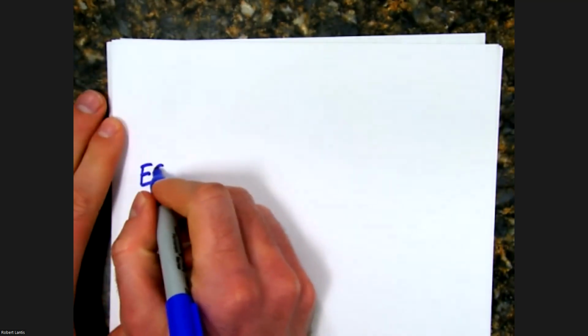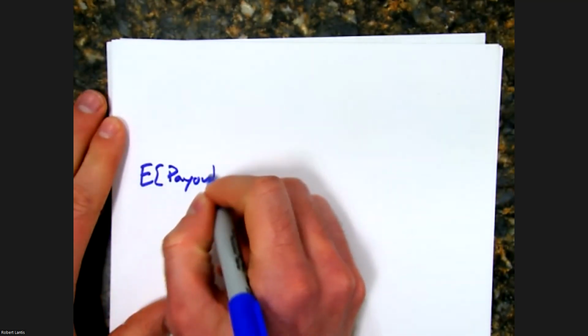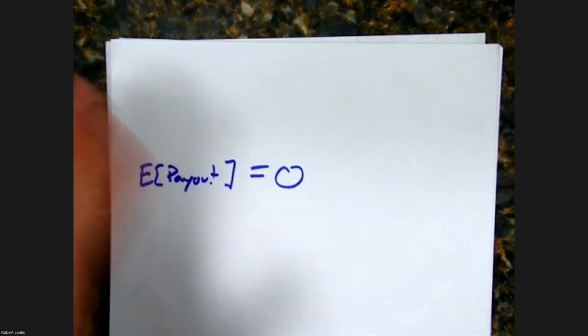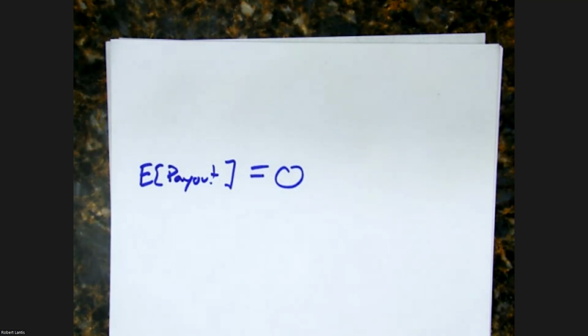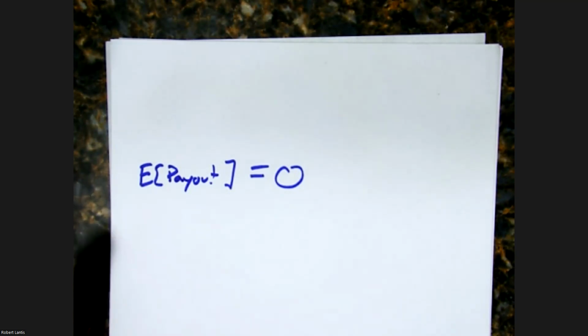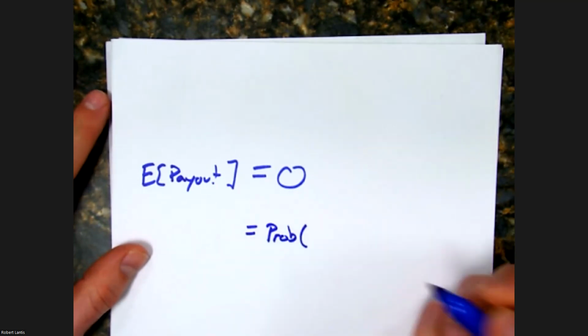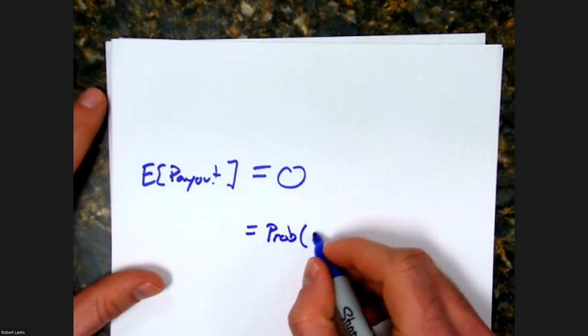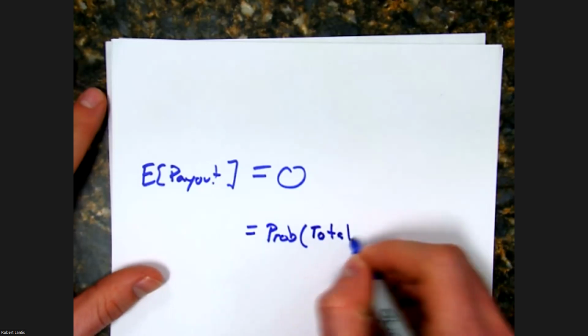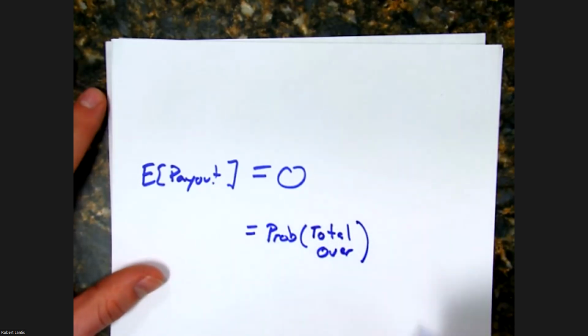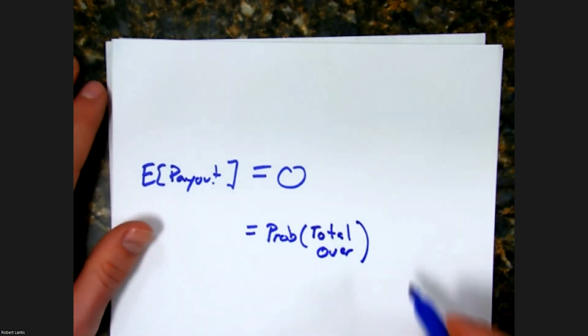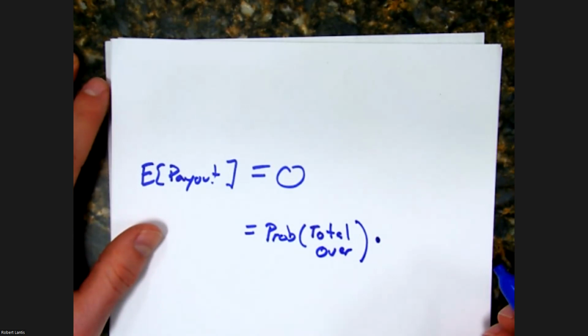So let's say I've got this betting line set, and we said that really what we want our expected payout to be as a company is zero. If we exclude the amount that we're taking off the top, we want the remaining payout, the odds that we're paying out, to be a break even. Right? So this would be the idea we had. Okay, what's the probability? For instance, let's say the probability that the total points for the game goes over, right? I'm going to multiply that by, well, what am I paying out if that occurs?